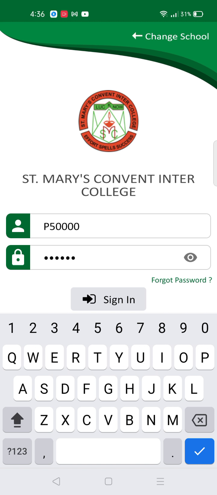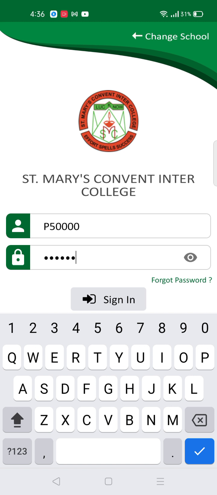Some parents make a mistake here: they do not write the user ID and password in any book or somewhere they can store it in a safe place. It is received in your text message.